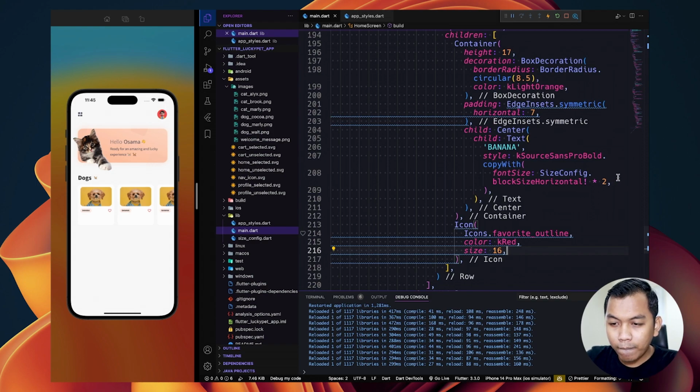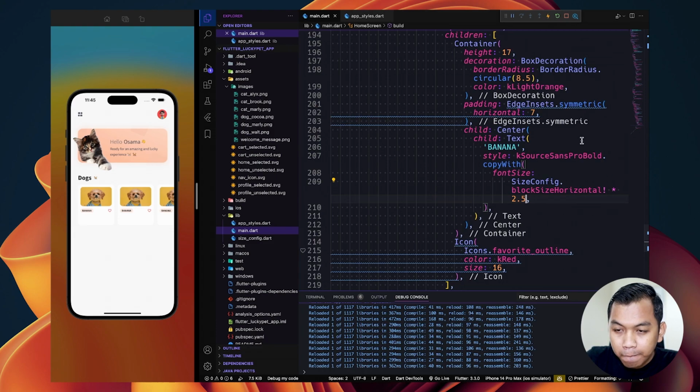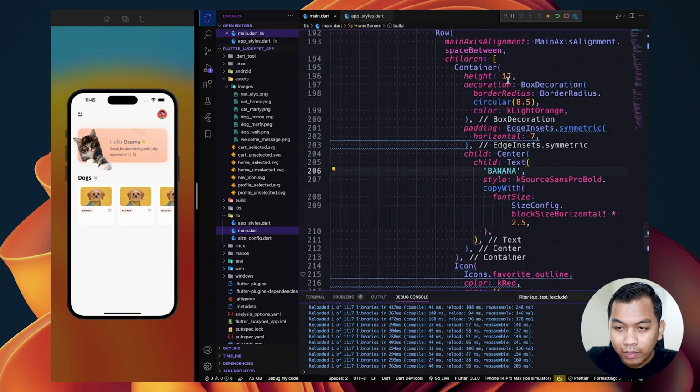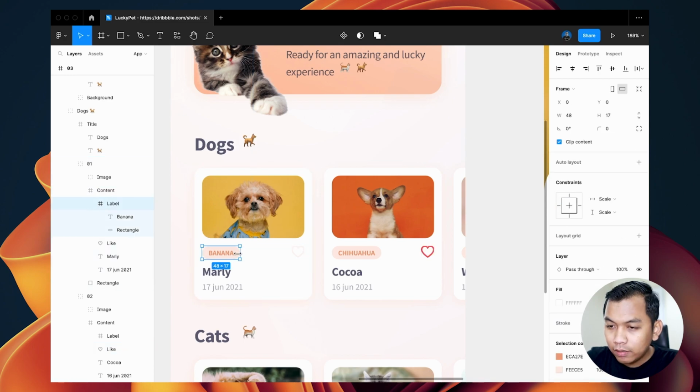And how about 2.5? And so let's check this.